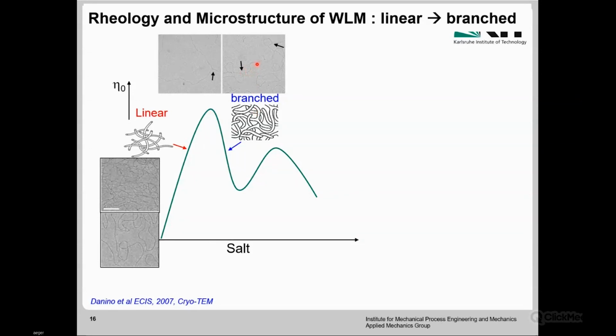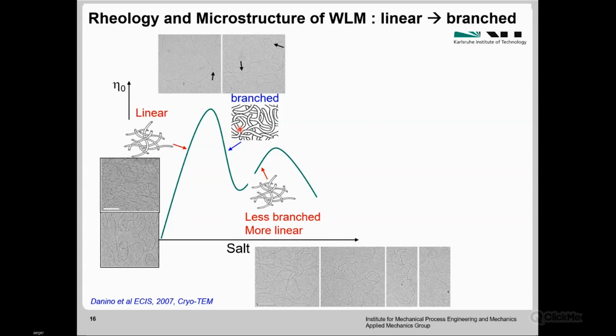So basically, we answer that this huge viscosity upturn is due to a structural change from linear to branched micelles, and not to a change in the length of the micelles. Similar observation for the second maximum. I will now just focus on the first viscosity maximum. So with DWS,